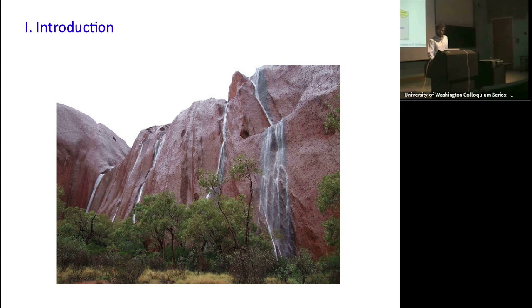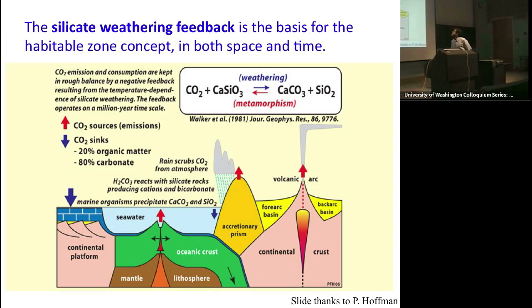Okay, introduction. Everyone probably knows about this. You have a balance maintaining the CO2 in the atmosphere along time scales, the carbon cycle. You have outgassing of CO2 into the atmosphere-ocean system. And you normally have this silicate weathering. I'm not going to spend too much time on this because I think everyone knows this. On the continent that responds to temperature and CO2, so higher temperature, higher CO2, it runs faster, which is a